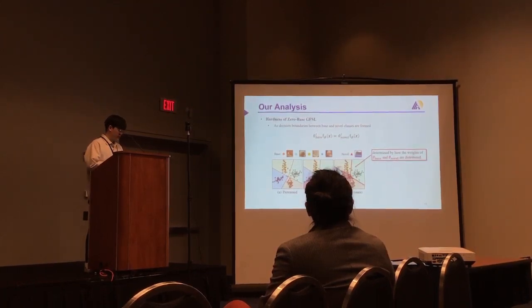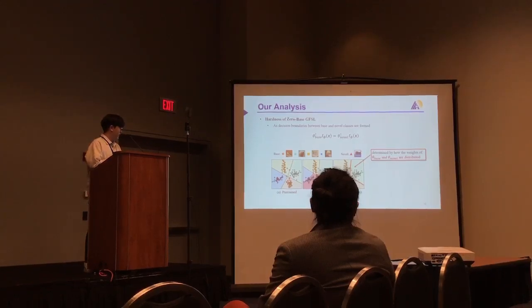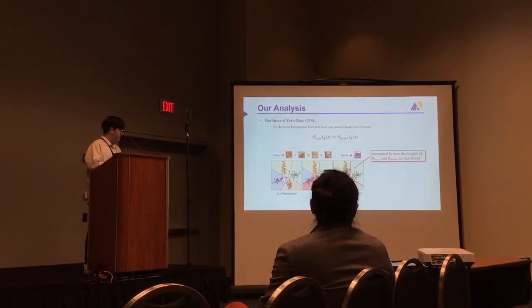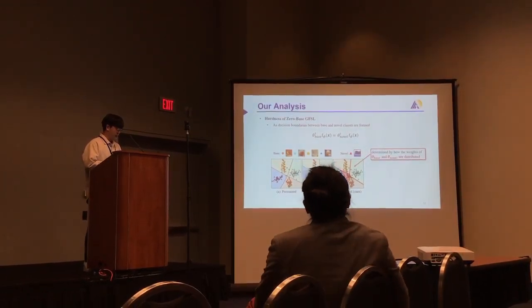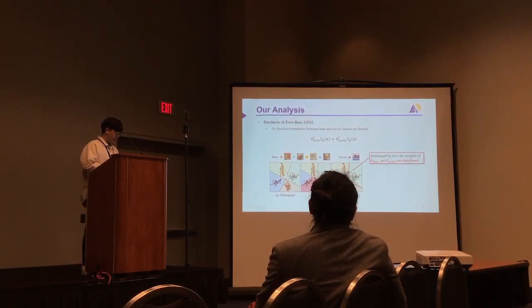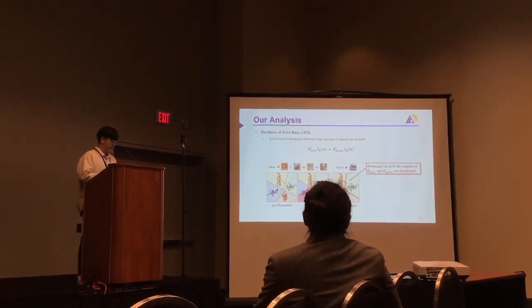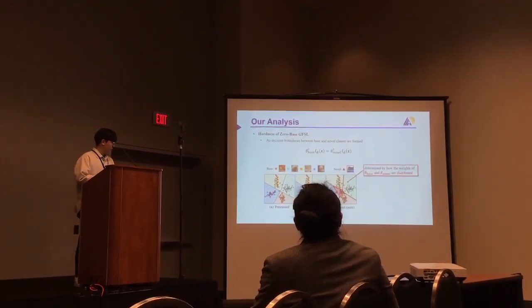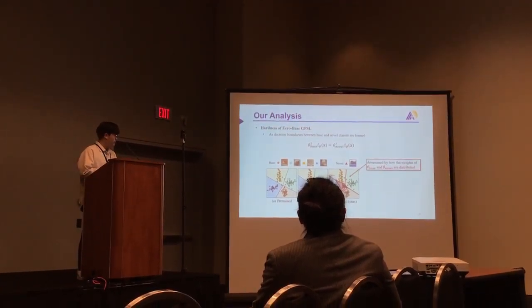Now let's look in detail. The decision boundary is formed where these two terms are the same. Theta times f(x) is usually the final logit that determines the decision boundary. f(x) is the feature vector, which is still the same because we freeze the feature extractor, but the classifier for the base classes is different from that of the novel classes. The decision boundary between base classes and novel classes will be constructed where these two values are the same.